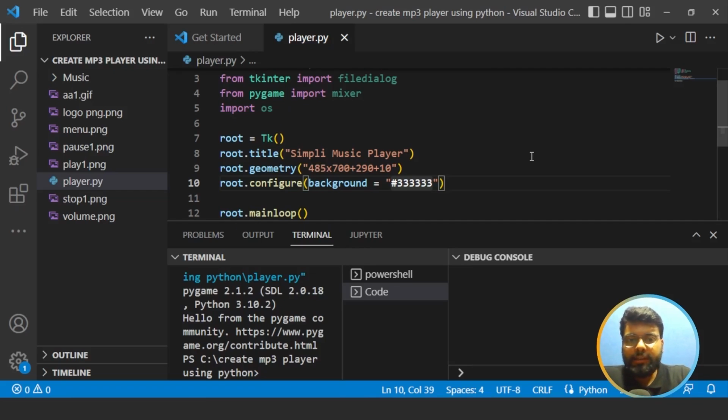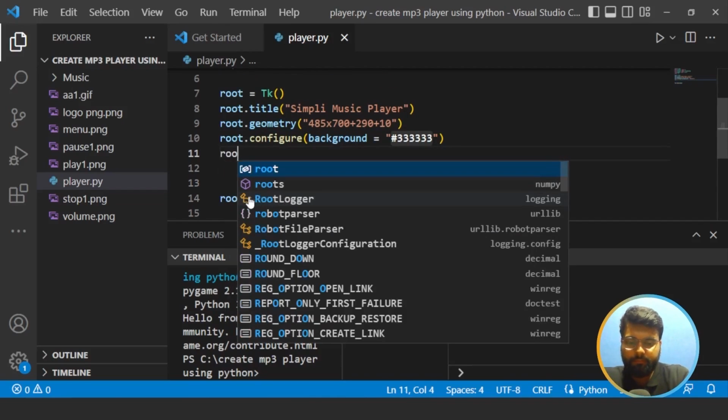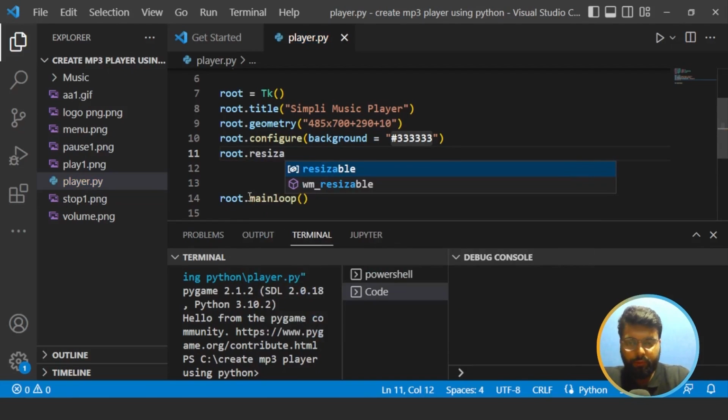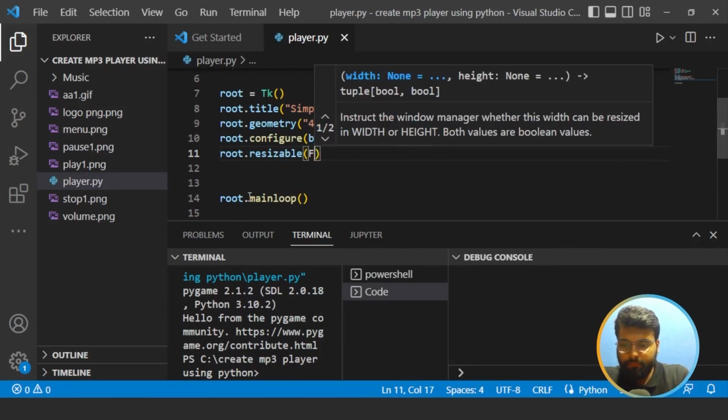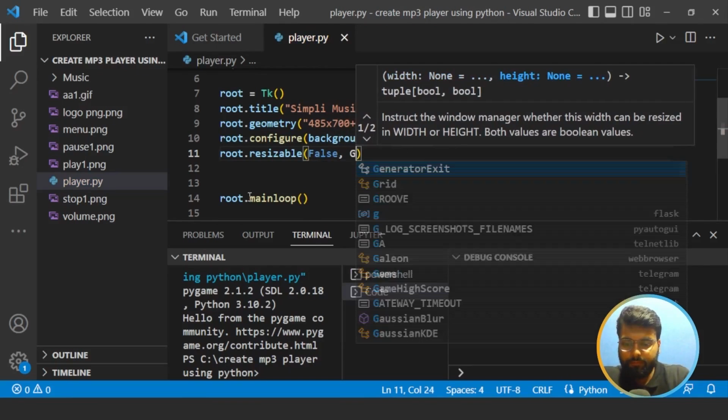So we'll use the resizable function and we will not allow anyone to change its dimensions. So for that, we'll write the command root.resizable